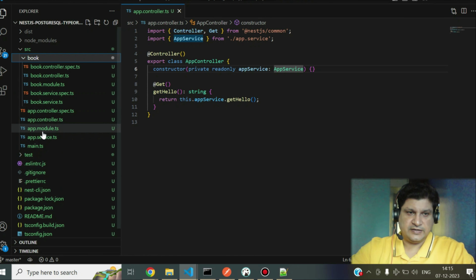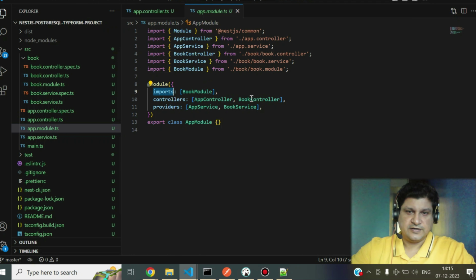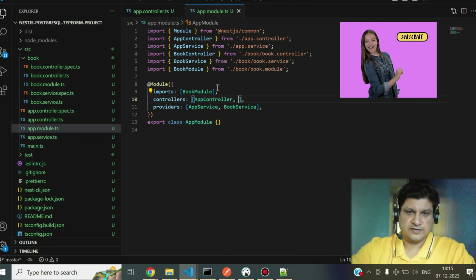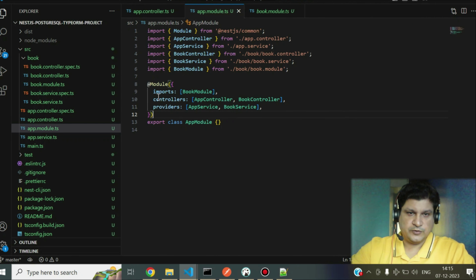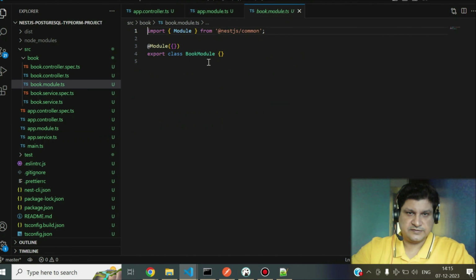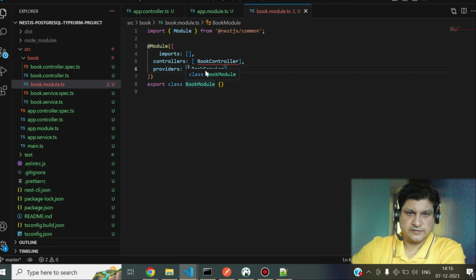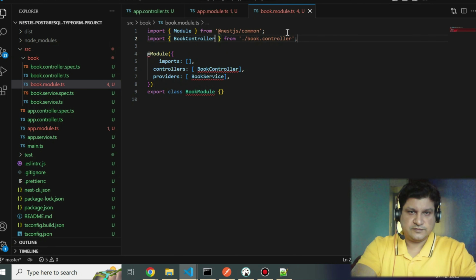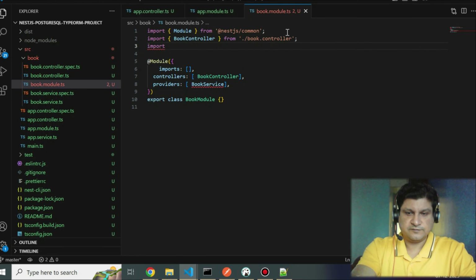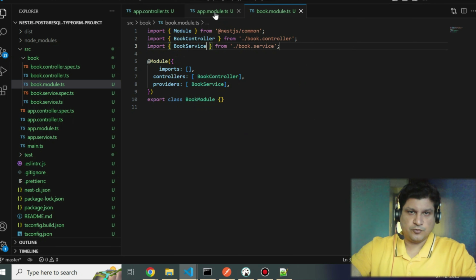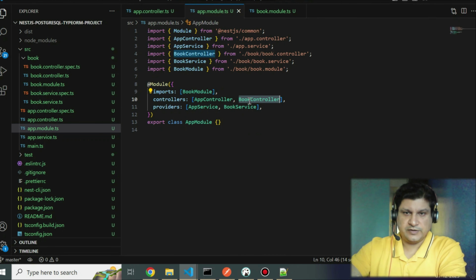It has done automatically: book module is added here. That is right. And it has added this controller in here. We want this controller to be added in our book module. So what we do is we'll take this. I'll copy all this and paste it here. But we don't want anything in import. We don't want app controller to be here. We don't want app service to be here. I'll say import book controller. I'll say import book service. Everything looks fine. And now I'll go to my root module and I'll remove the book controller from here, book